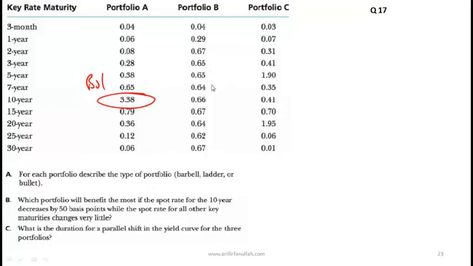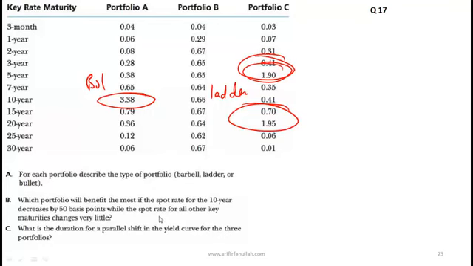Yeah, B looks like a ladder. And what about C? So this looks like it has a bunch of stuff in this maturity. And then you have 1.9 and so on. So this looks like a barbell. Which portfolio will benefit the most if the spot rate for the 10-year decreases by 50 basis points, while the